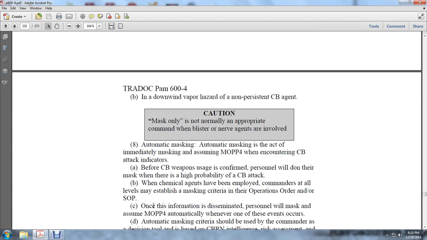If there is a downward vapor hazard of a non-persistent chemical or biological agent, masking only is not normally appropriate. The command will be given when blister or nerve agents are involved. Automatic masking is the act of immediately masking, assuming MOPP 4, when you encounter chemical biological attack indicators. Before chemical biological weapons are used, personnel will not mask despite a high probability